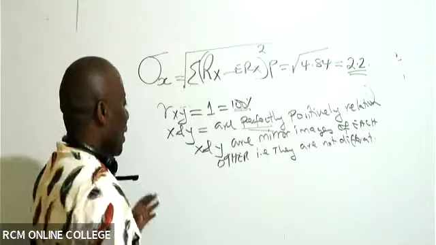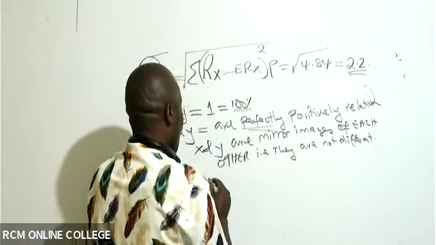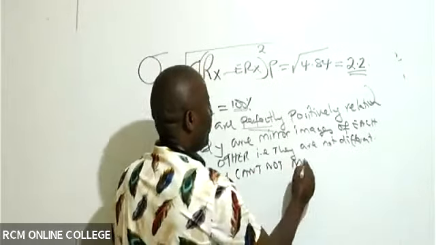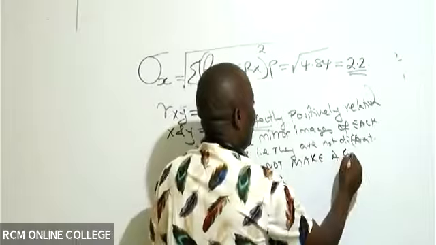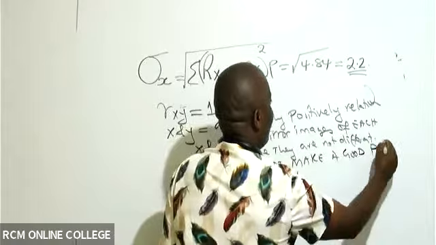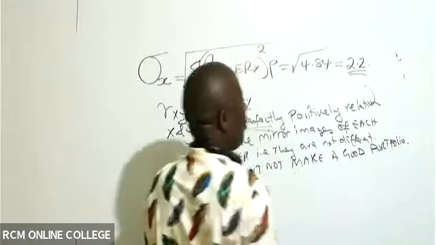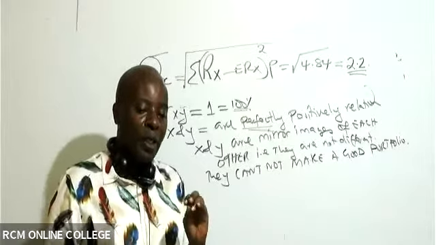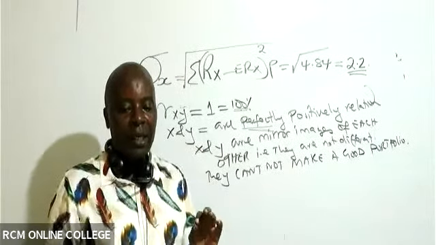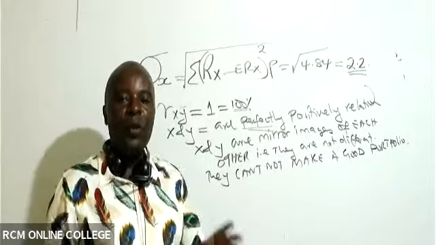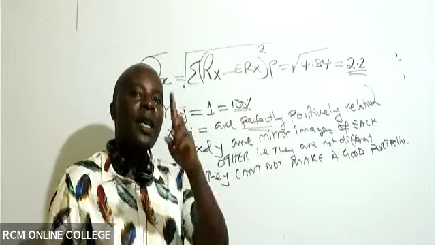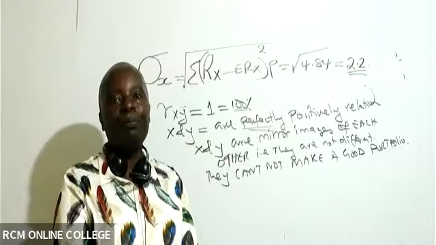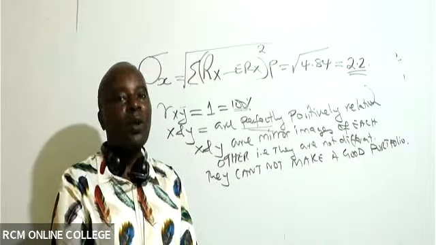They cannot make a good combination for a portfolio here. Don't combine those two to make your portfolio. Remember when we began, we said that a portfolio is a combination of different assets. So if X and Y have exactly a perfect positive relationship, those ones are not the very best.